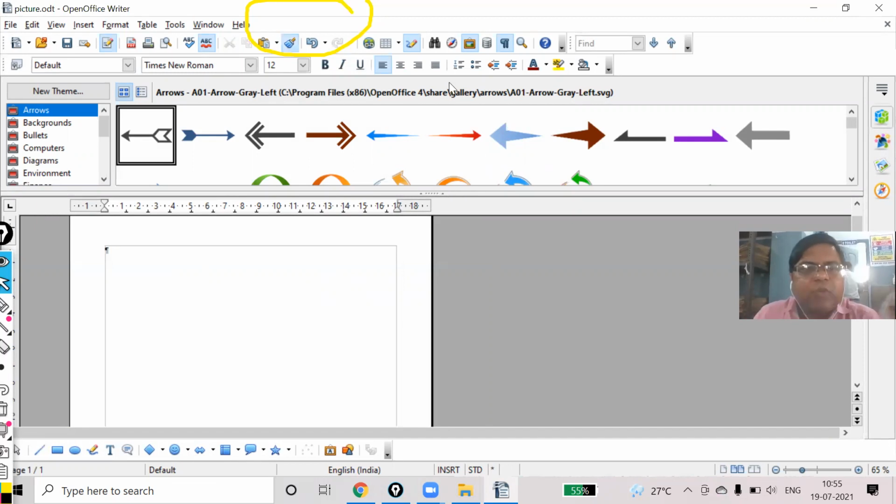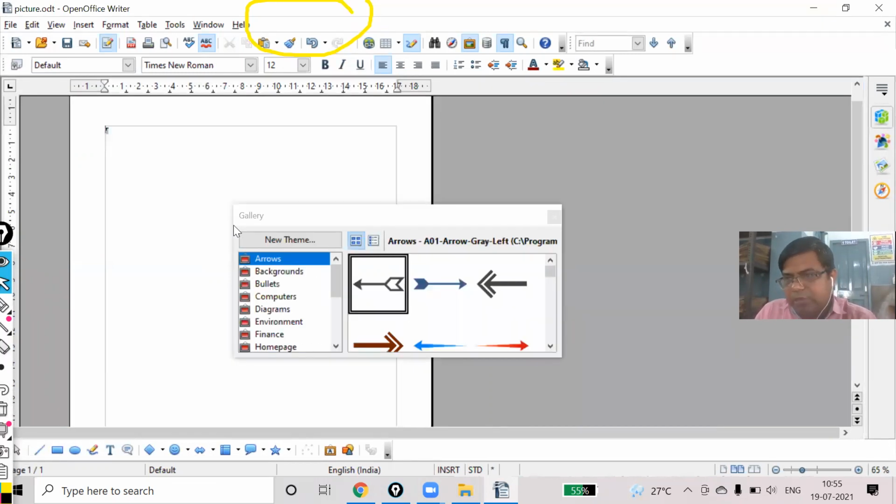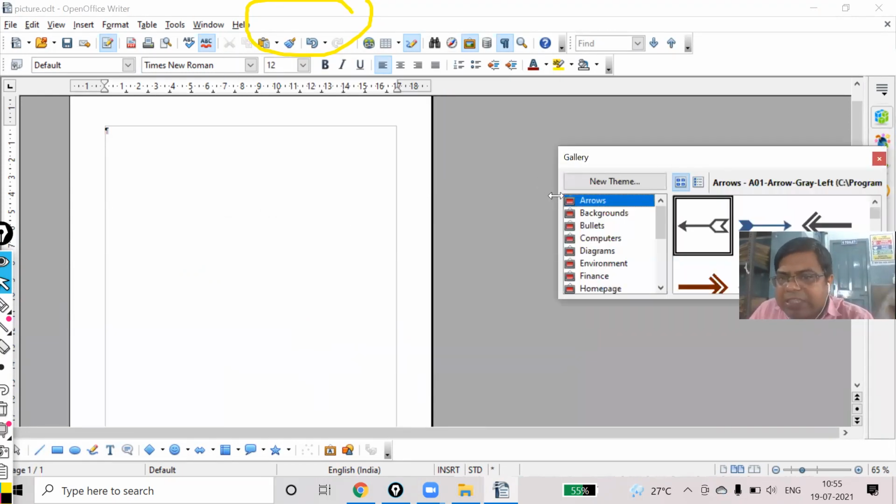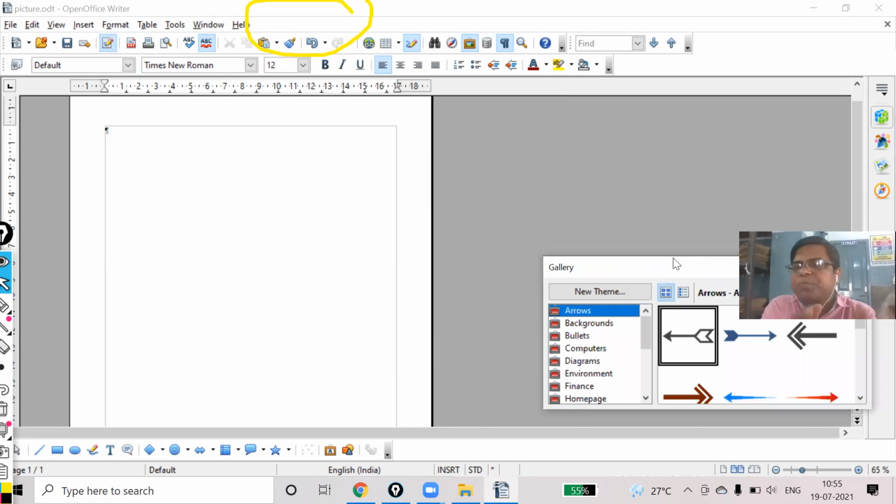Now one thing I want to just tell you, see, if I have to move this one, because it is taking more area on my working space, in that case, I will click and drag it from there, so that I will get a separate window for the gallery, so that it will not take more space of my workspace area.